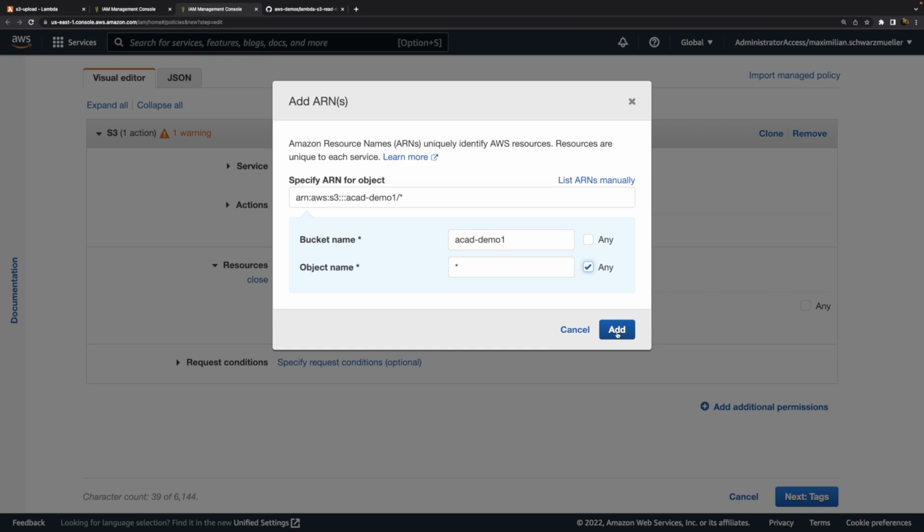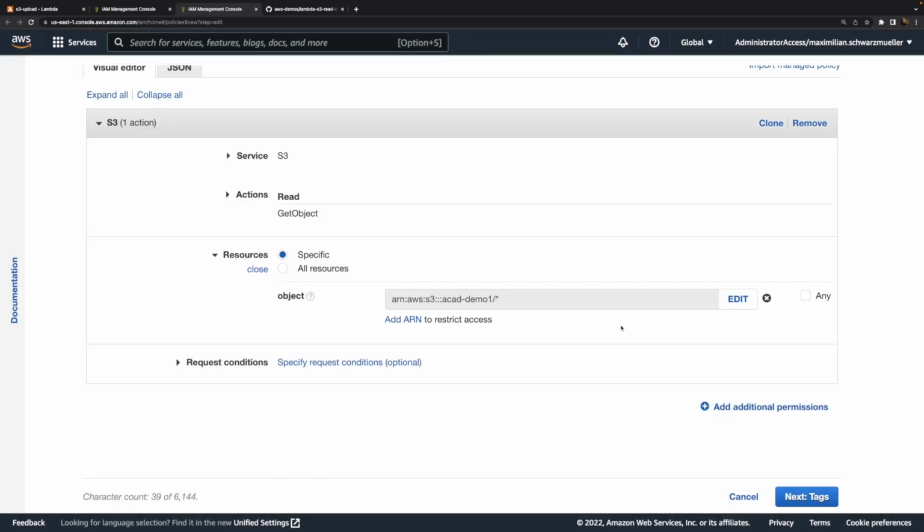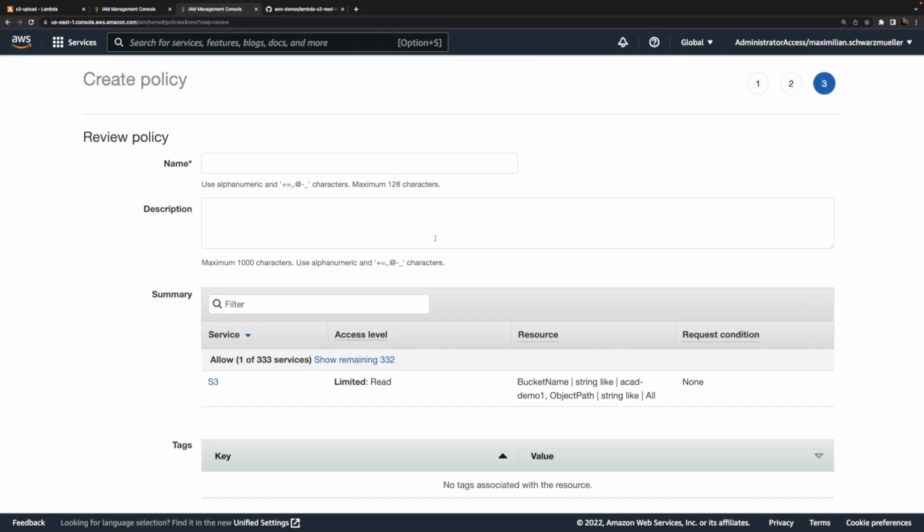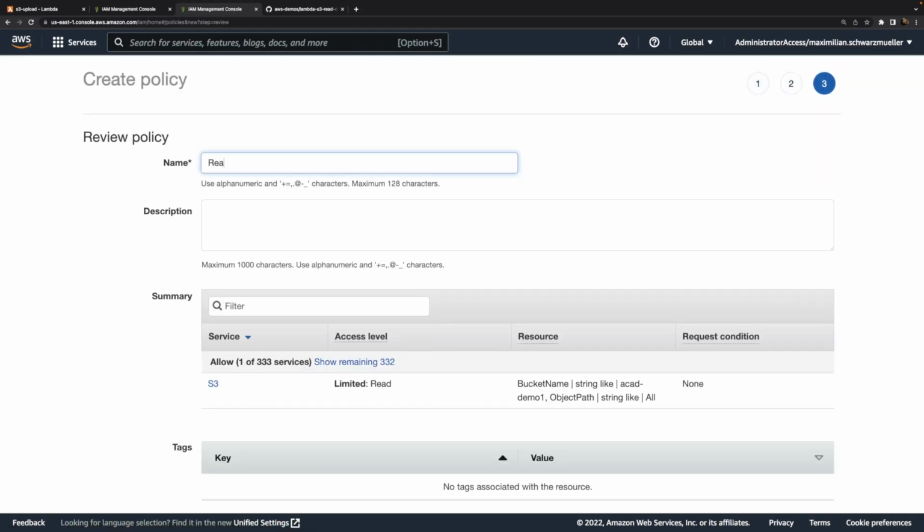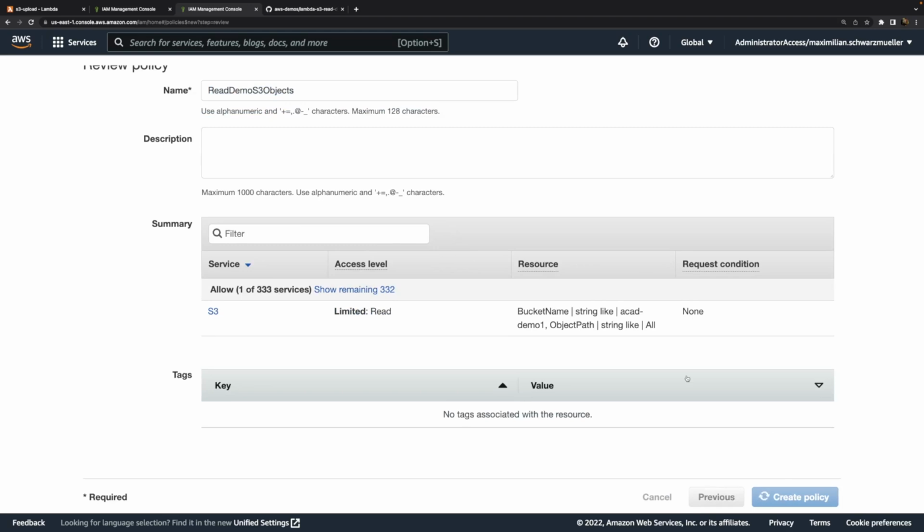So this policy grants the GetObject permission for this bucket and then for all the objects, all the files in the bucket. So this is the permission I want to create. I'll name it read demo S3 objects. That's my policy name, and I'll create this policy.